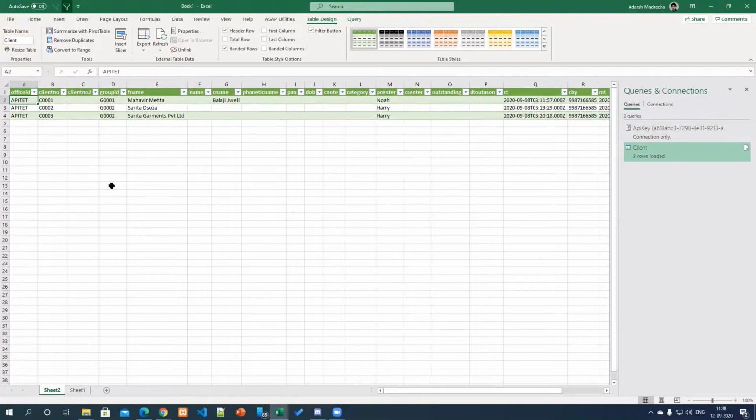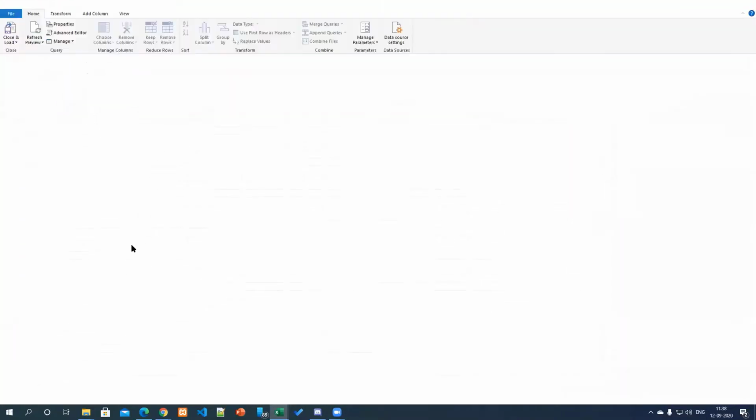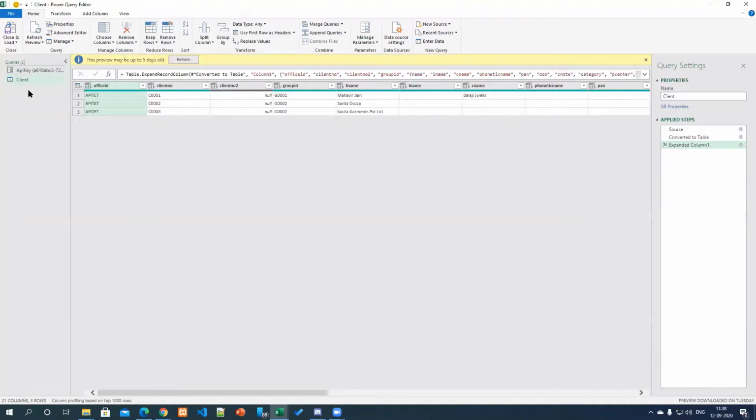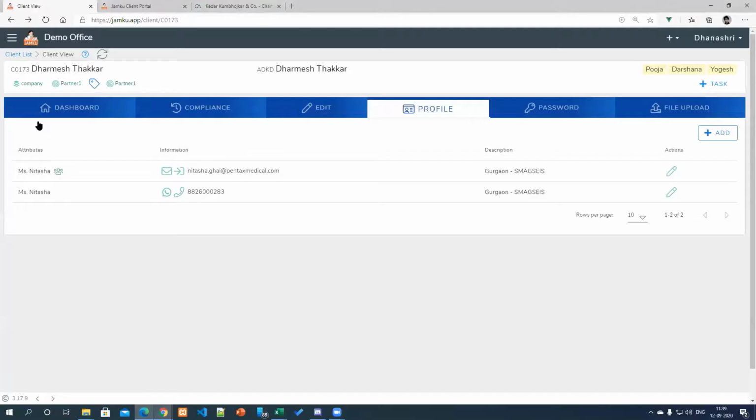The beauty here is, since you have not hard coded the parameter, what I can even do is go to query and click on edit and go to API key. Suppose you want to share these files with anyone else, what you can do is just change this API key. Let us go back to the demo account.